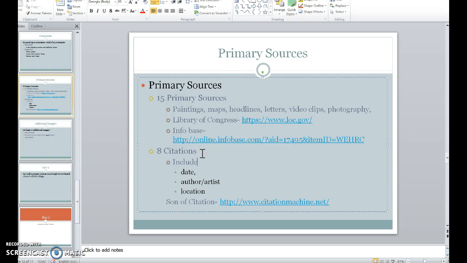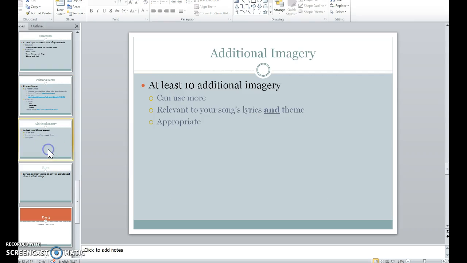As I mentioned before, you are doing only 8 citations out of the 15, so that will include the date, the author, the artist, and the location. For more help on how to cite, you can use Son of Citation like we used before. You can use additional imagery to beef up the presentation. That's not a problem. Make sure it's relevant to the theme and the song lyrics of the project,